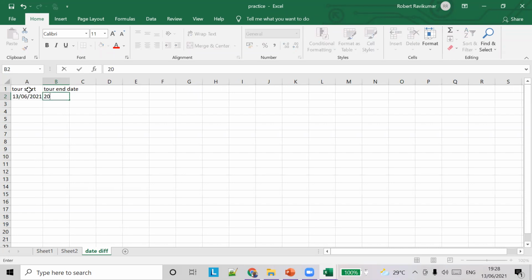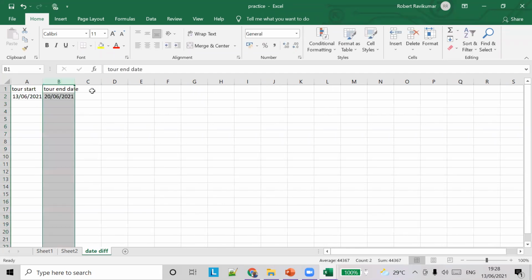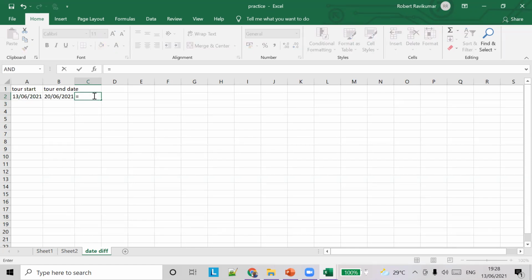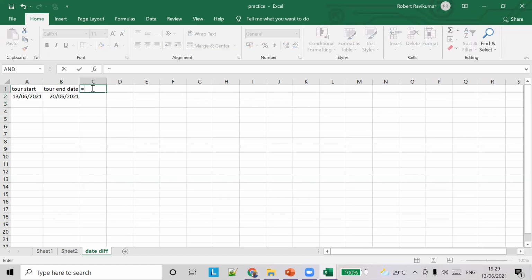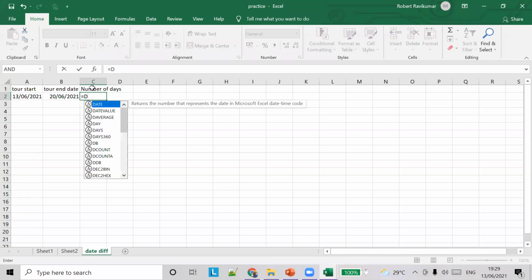End date is 20/06/2021. So if you want to find the length of the tour, right? How will you find it? So the answer is the number of days in the tour. How will you find it? So there is a function called DATEDIF, which gives the difference between two days.